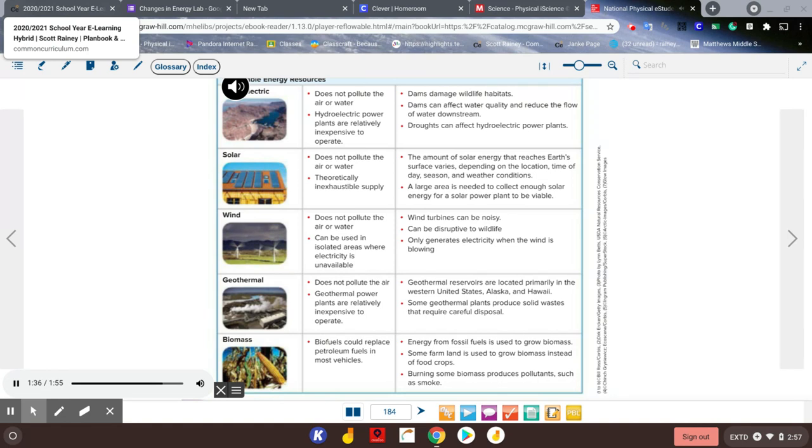Biomass. Advantages: biofuels could replace petroleum fuels in most vehicles. Disadvantages: energy from fossil fuels is used to grow biomass. Some farmland is used to grow biomass instead of food crops. Burning some biomass produces pollutants, such as smoke,